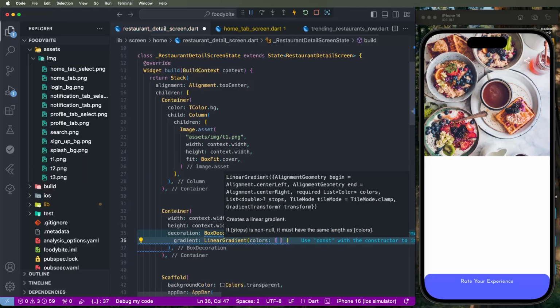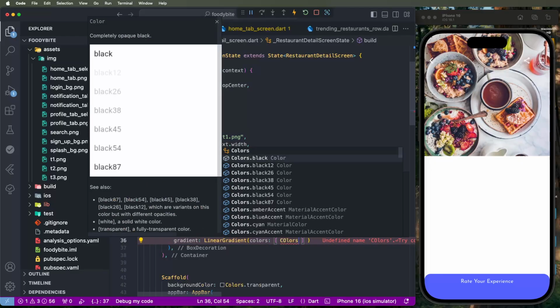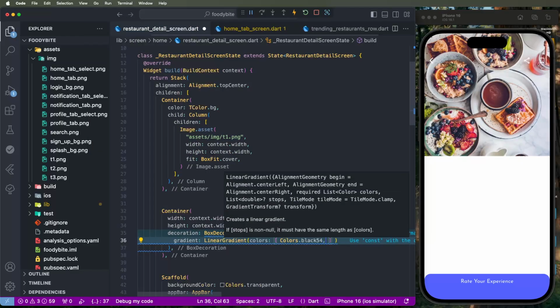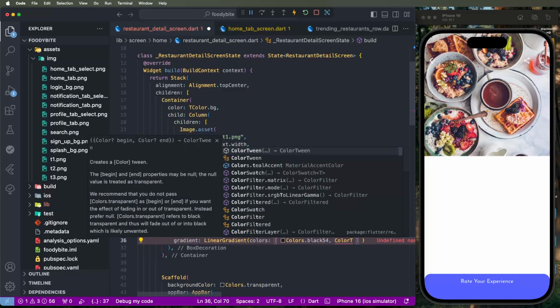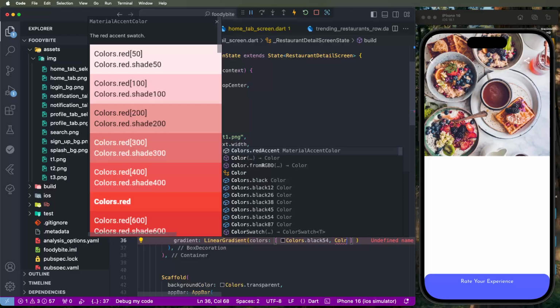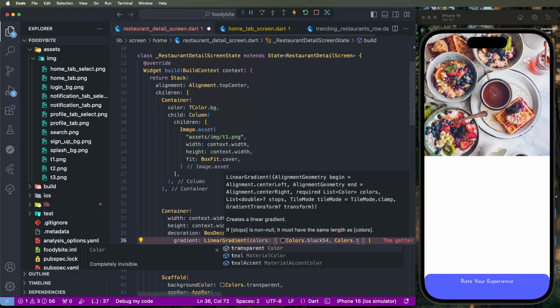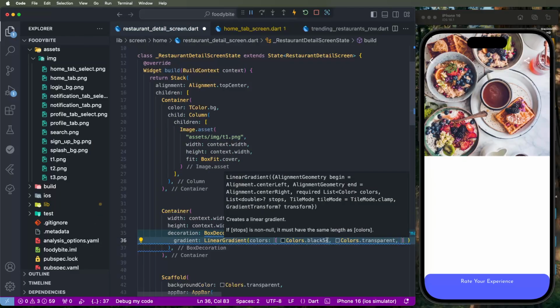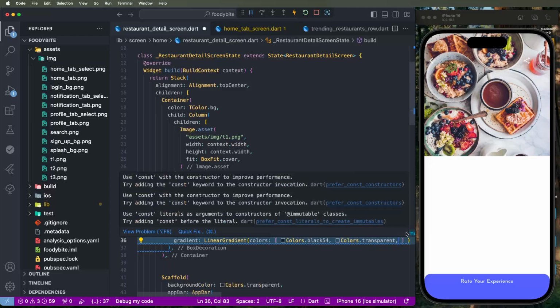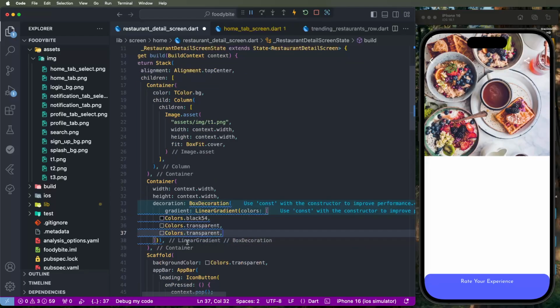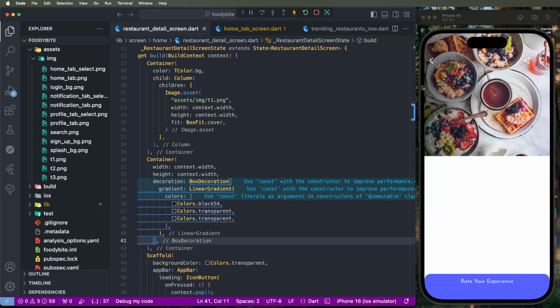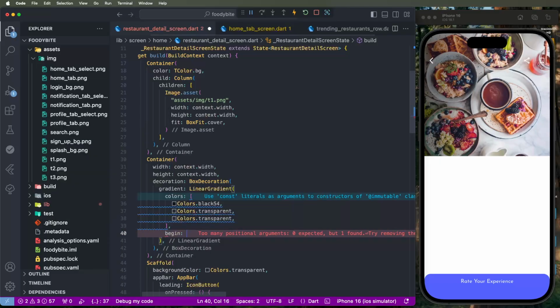and we need to give the color black 12 15s, and set the color dot transparent. Two times we need to give this, with more area. And we need to change the begin and end positions. We need to set the begin